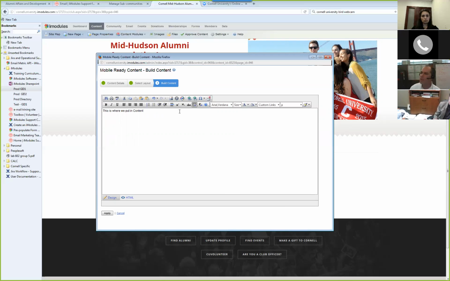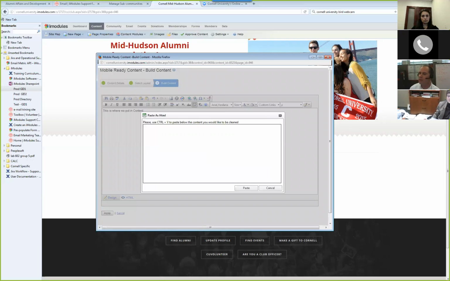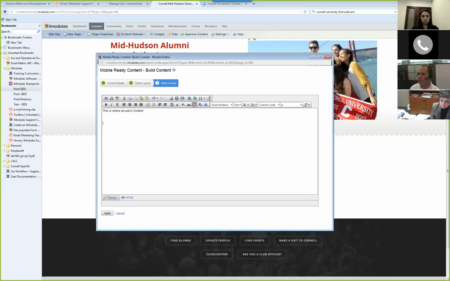So if you had a Word document and you want to put the content in here, you can select this, take what you copied from Word, place it in here, and then hit paste, and it will add it into that content block below. If you had something from a Word document you wanted to put on your website, that's the way I would advise doing it.